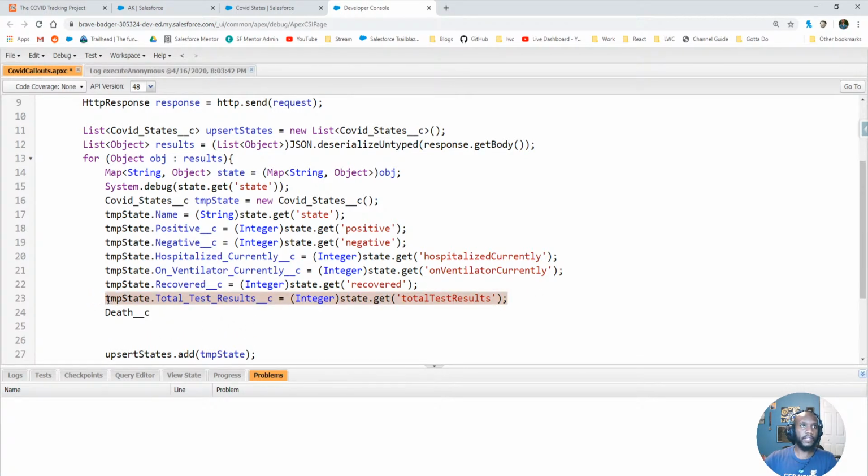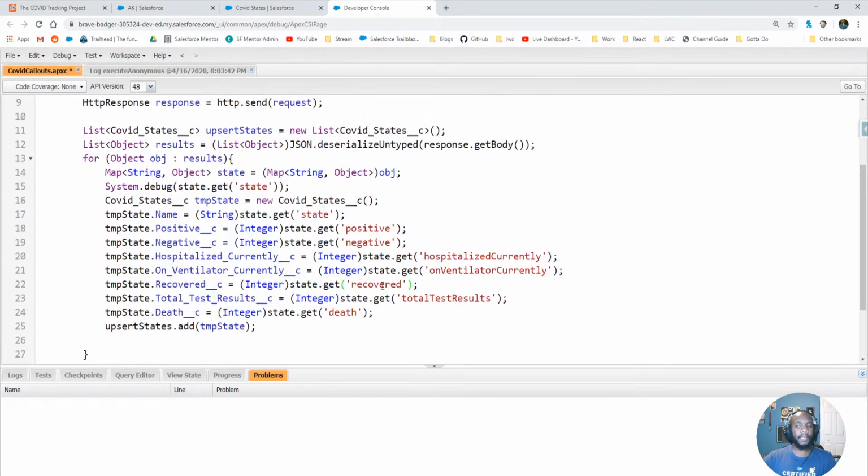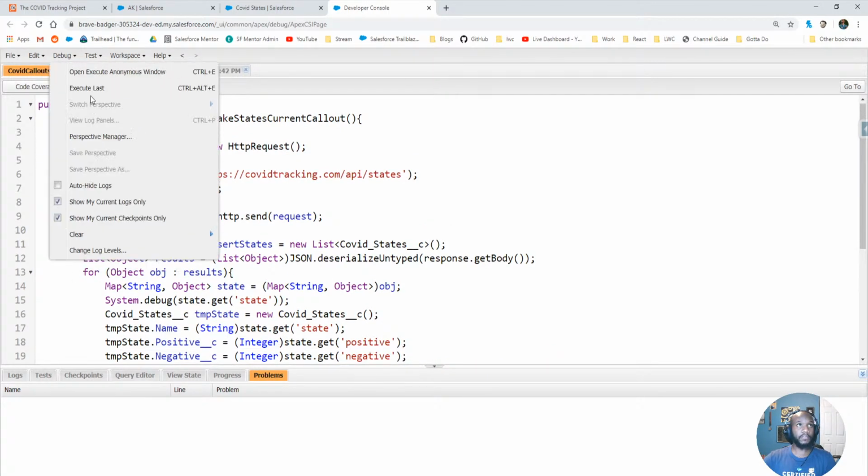We should leave that one out. Nobody wants to see deaths. We only want to see happy stuff here. And is there an S? Nope, it's just death. Okay, so we are going to save that and run this again in our execute anonymous,